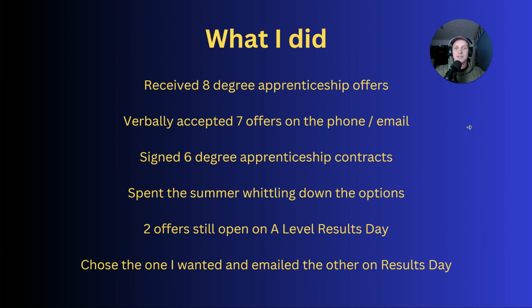So I got 9 offers, 8 degree apprenticeships. So we'll just focus on the degrees. 8 degree apprenticeship offers. I verbally accepted 7 offers on the phone or email. Basically, it was probably 75% of the time they're going to send you an offer via the phone. They're going to call you, in other words, which is why I really make sure around the time you're doing assessment centres and the weeks after, when you're getting random numbers from like plus 44, some random stuff,